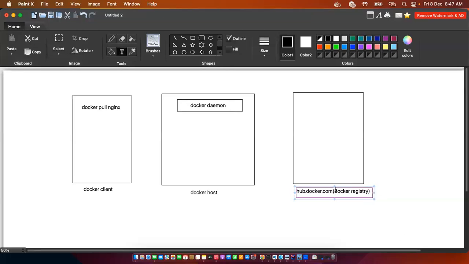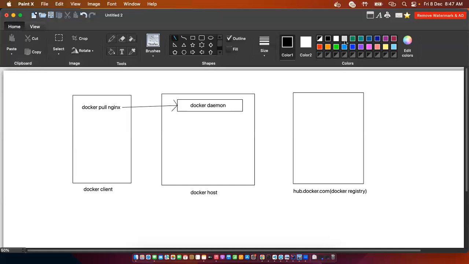Whenever you issue this docker pull nginx, your daemon will be listening to that. First the request will go to your daemon, like this. This is the first request, and then the daemon will be checking whether this nginx image